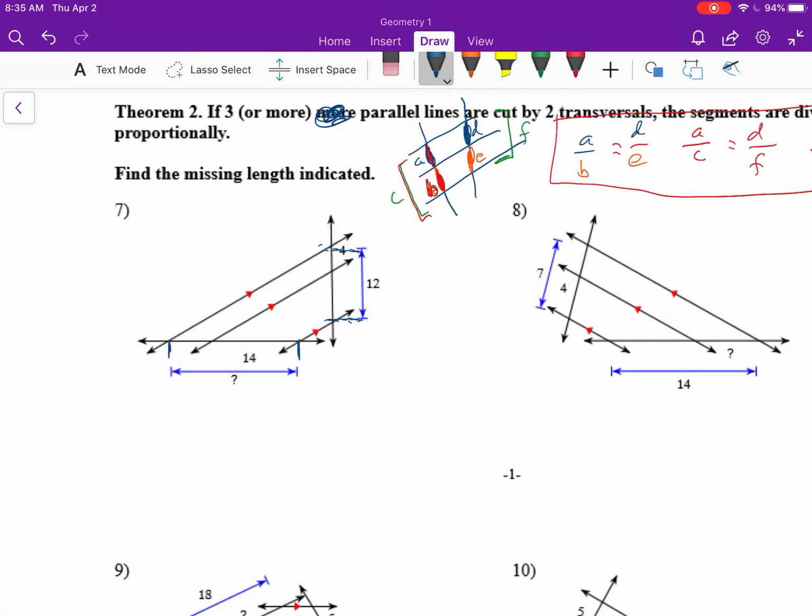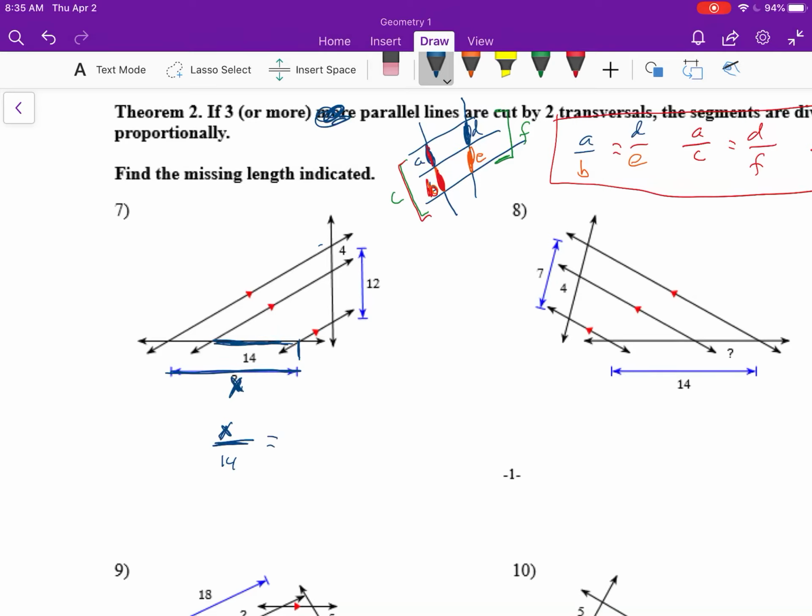All right, so can we use one of our proportions to find this missing part? So the missing part is right here. And what I like to do is start with that missing part. So I'm going to say x, which happens to be this whole thing here, x over 14, which is this part,